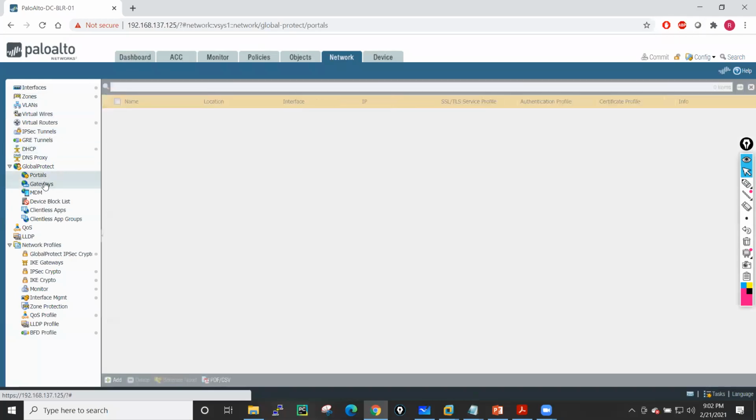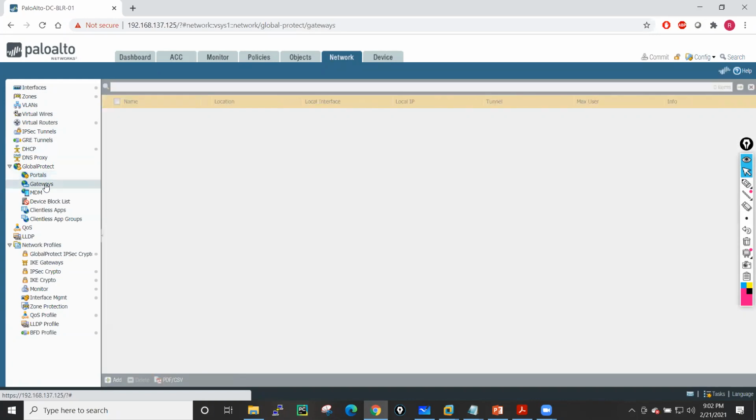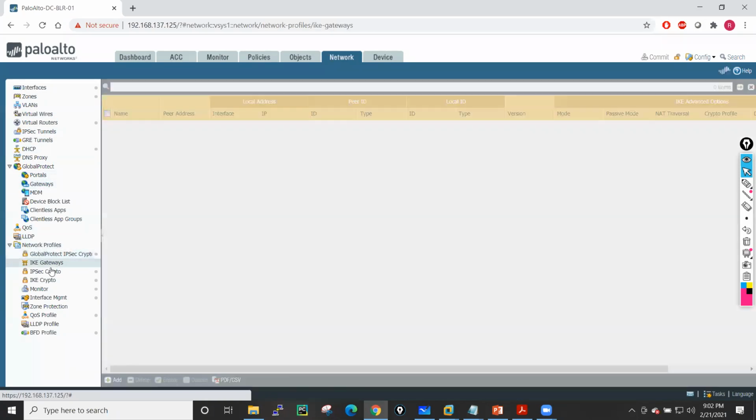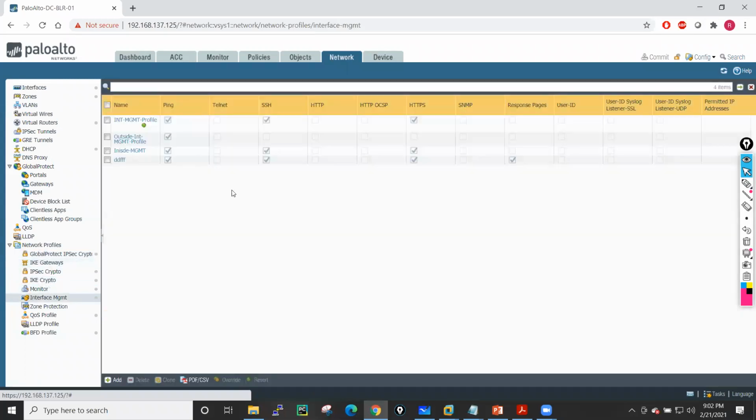Then this is the setting for your remote access VPN, or the GlobalProtect solution of your Palo Alto. We will configure these things in this place. After that we have the settings for your phase 1 policies and phase 2 policies for your IPsec VPN. Then we have an interface management profile.